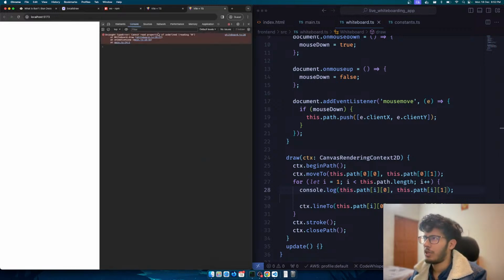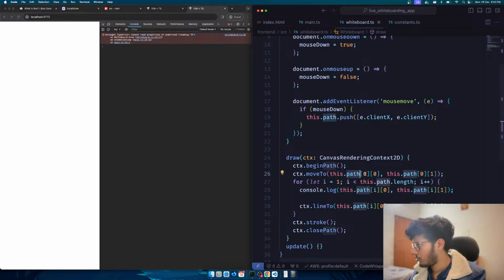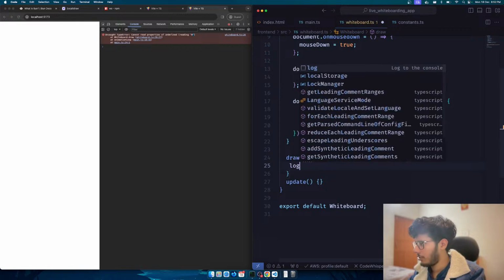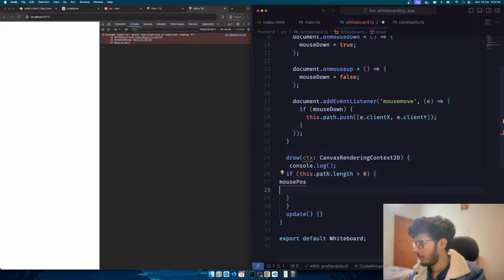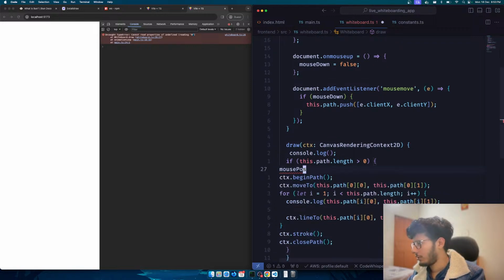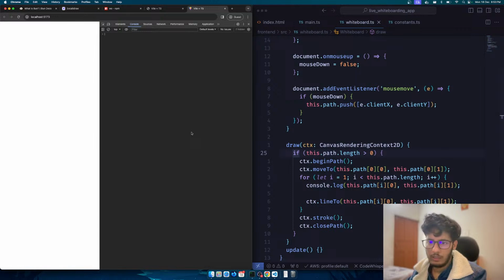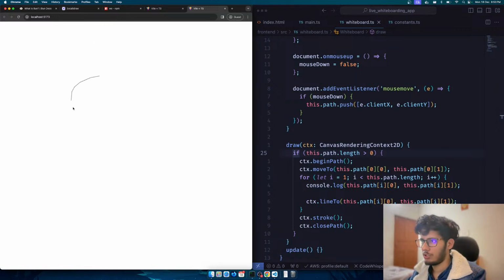It's not drawing, so that means okay. It says cannot read properties of undefined reading 0 at 26. So this should only happen if there is something in the list. Okay, that's the problem. So we can say this is only valid if there is some length to the list array. So if this.path.length is more than 0, then only try any of these things. We can get rid of these, and then I guess we should be able to, oh, we